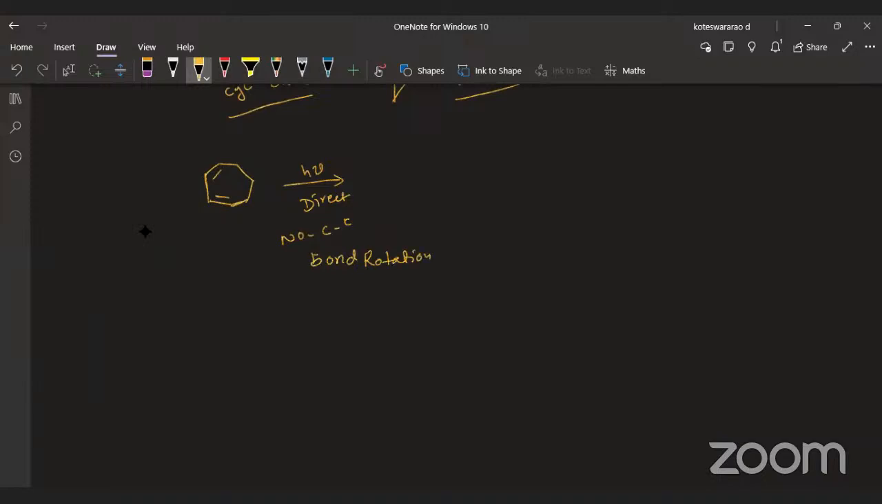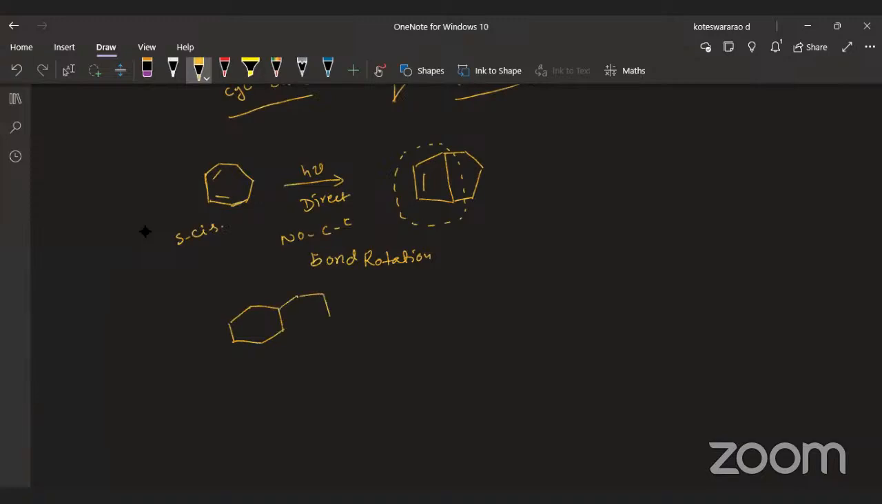Then it can only generate the cyclobutane derivative. A fused ring system is generated. That means, up to this point, it generates only the cyclobutane fused ring system. Now we are here. This is the s-cis isomer. When you consider the s-trans isomer,